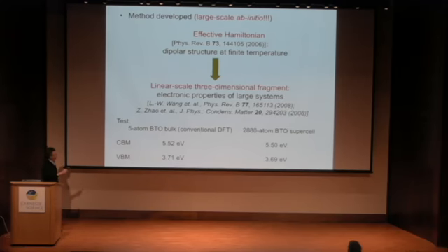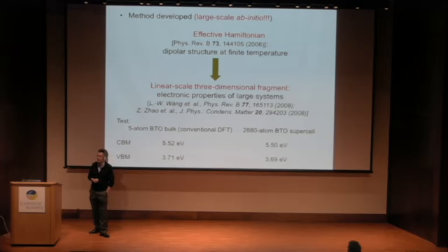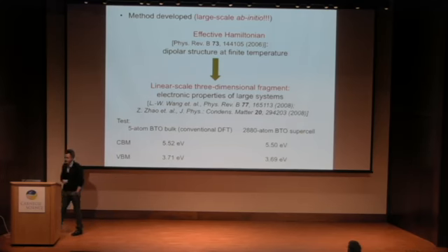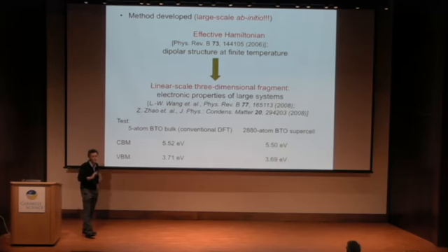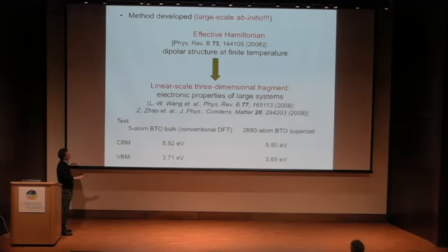So here you calculate the ionic configuration, you feed it into this part, and once you have this configuration, you can calculate the electronic properties. This linear scaling three-dimensional fragment method has been applied to a lot of systems, especially semiconductors, and lately to hybrid perovskites, but to my knowledge, it was never applied before to ferroelectrics, so we wanted to be sure whether it can work or not. So what do we do? We basically do a conventional DFT calculation on 5-atom bismuth titanate bulk. We calculate the conduction band minimum and the valence band maximum.